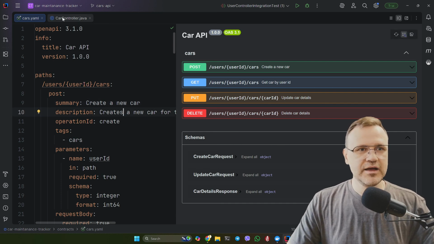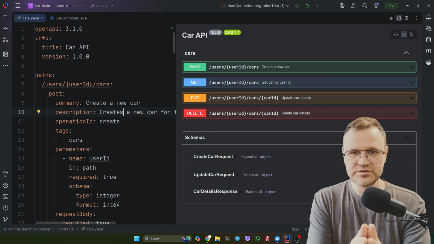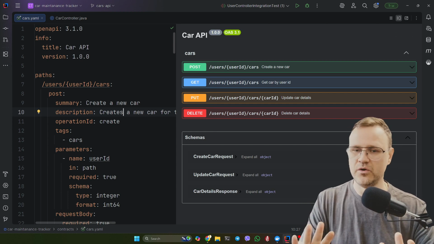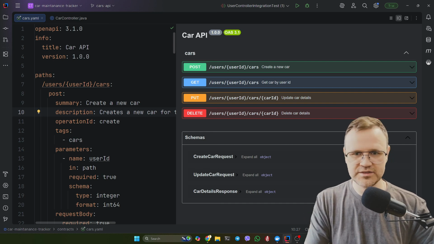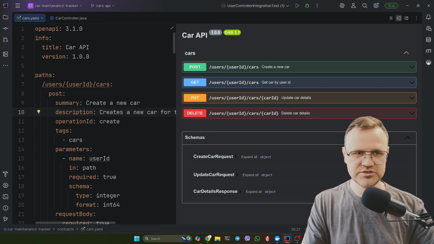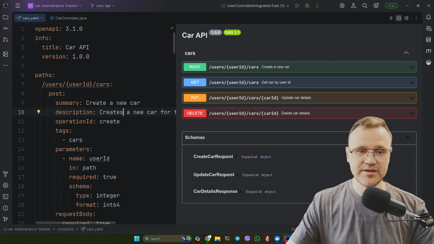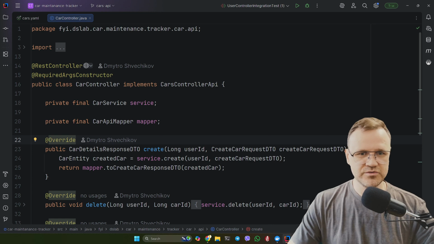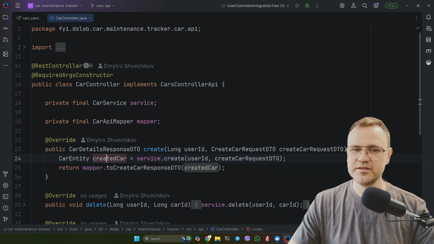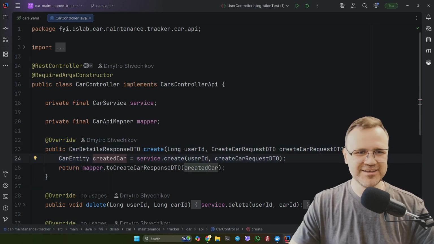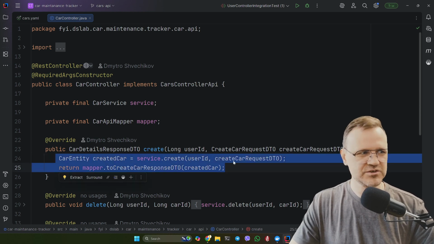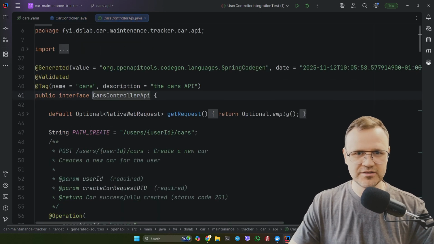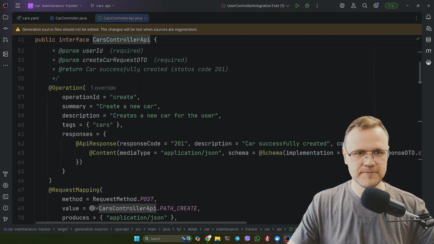So let me explain first why I do not write unit tests. No, it's not correct. I write unit tests, but it's a very small percentage of the tests I am writing every day. Because you cannot write a unit test for the controller layer. You can test this little piece of code, but if we zoom out our point of view,